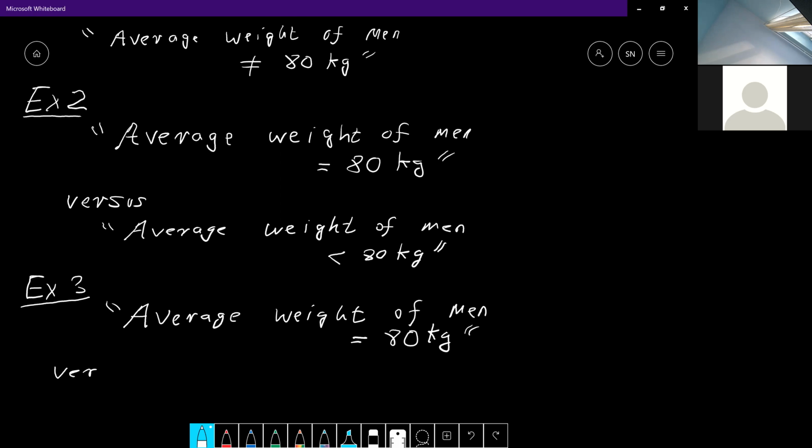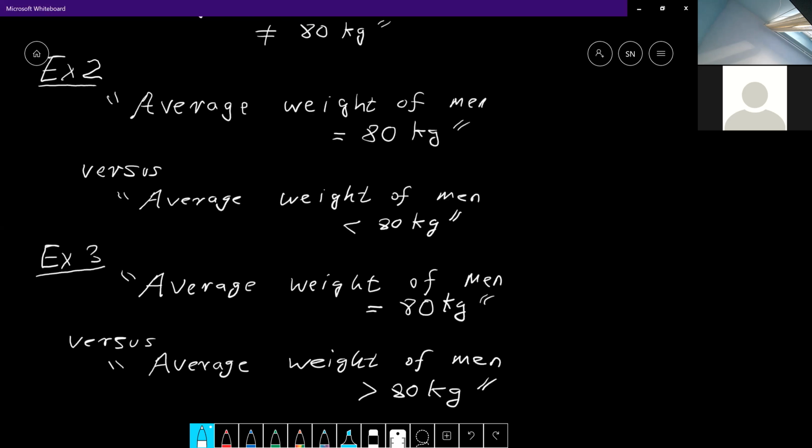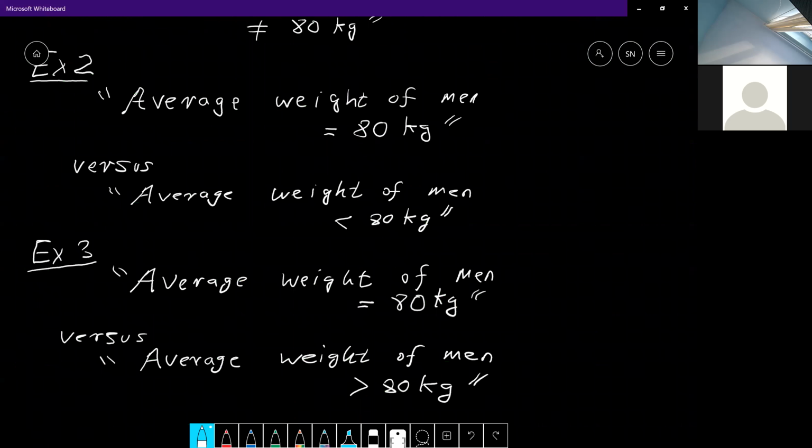Remember, for every hypothesis, there's an alternative hypothesis. So that's what I'm trying to say in these 3 examples. In this case, the alternative hypothesis could be the average